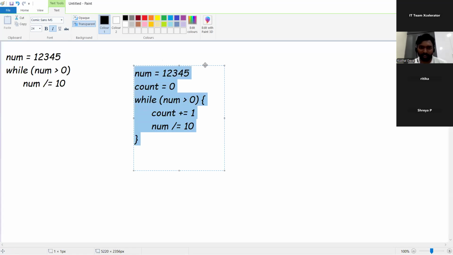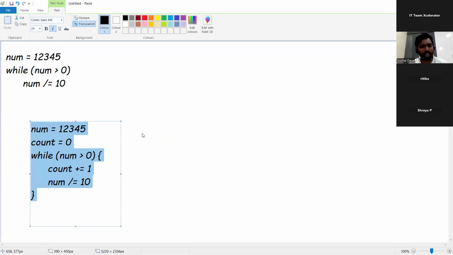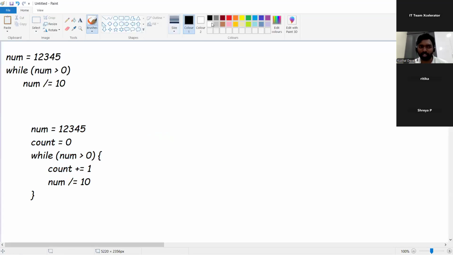The same logic if I try to go with for loop, still we can perform the same. So what's the initialization over here? Is this the initialization? Yes. So number equals to 1, 2, 3, 4, 5 is the initialization. This would be our condition. And this is our updation, guys. Each and every time the condition is checked at this respective moment, where you are dividing your number by 10. So until the condition number greater than 0.